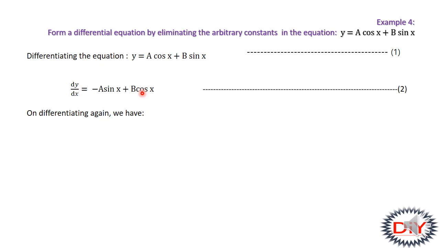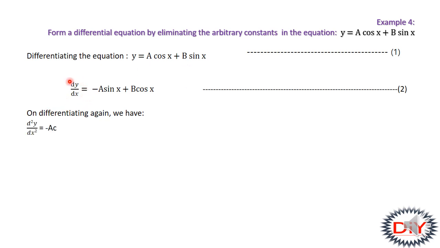So now we have not reached where we are going. There's no difference between equation 1 and 2 now. Equation 1 said a cos x plus b sin x, and equation 2 says minus a sin x plus b cos x. Actually there's no relationship between them. We have b here for cos, b here for sin, so we can't bring anything inside each other. So it will be necessary for us to differentiate again. So on differentiating again,